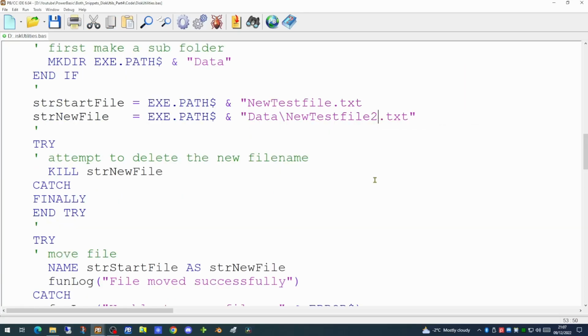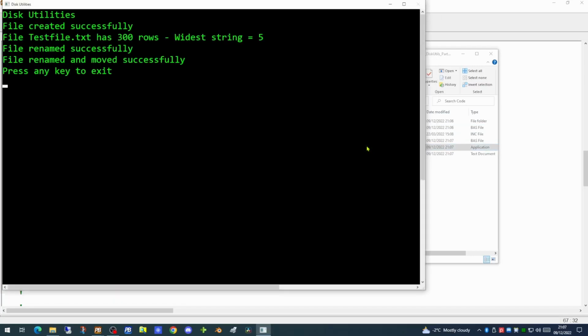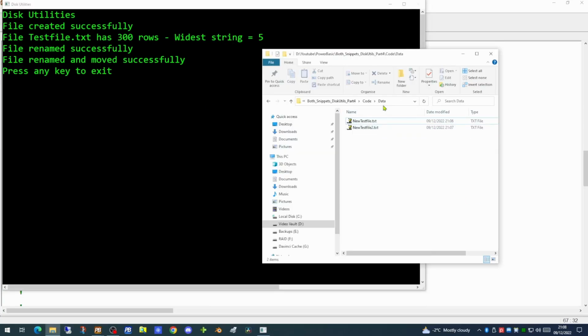We can also use that command to move and rename the file by simply setting the value in new file to be something other than the file name in the source. So if we run the application now, it will tell us it's been renamed and moved successfully. So we'll see in our new folder we have a new testfile.txt.